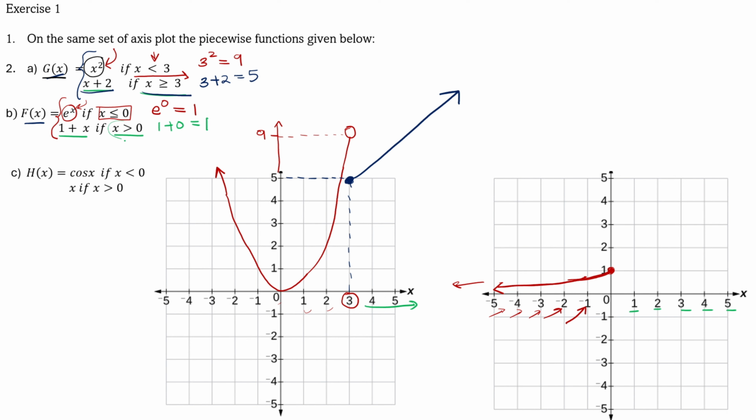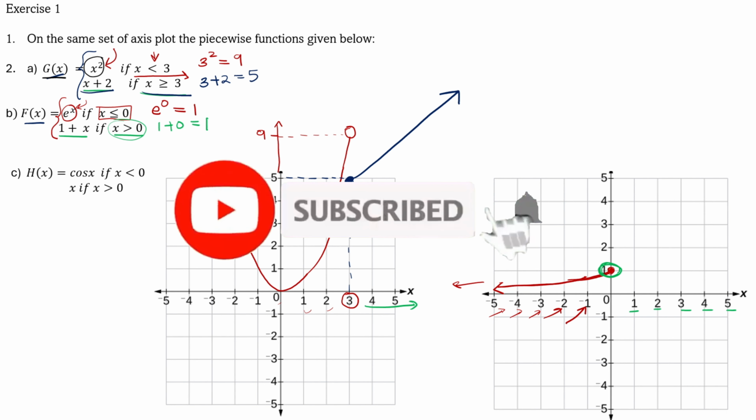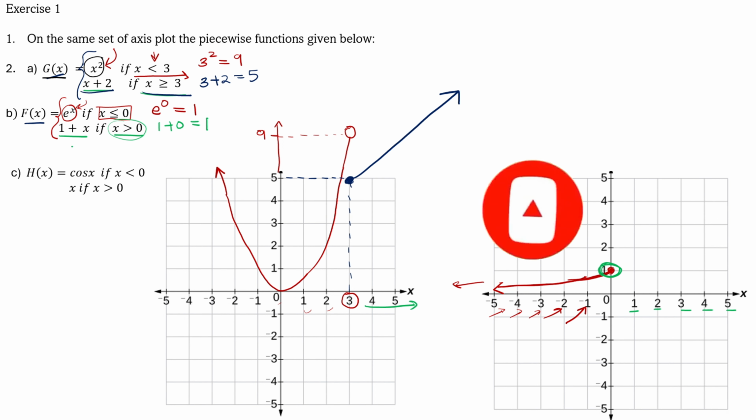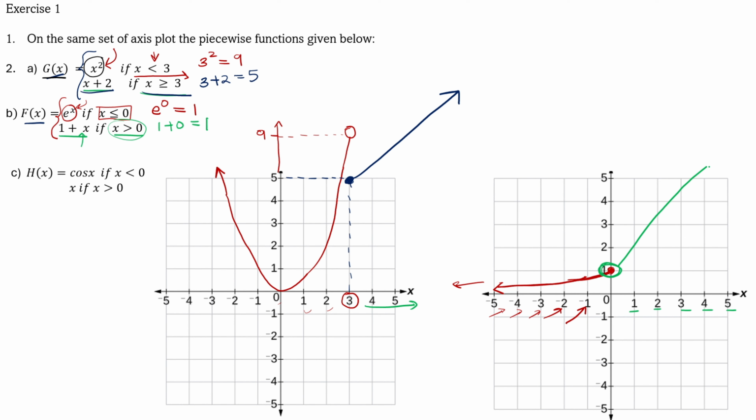But this is x is greater than 0. It's just a greater than. There is no equal to sign. So we must make an open circle at y equals 1. So the y value, if I use the second equation, is 1. So I'm going to make an open circle there. And then you can see that this is a straight line function. It has got a positive gradient, so it's going up. It will be something like this. This will be my straight line going up. So this is how you draw piecewise functions.